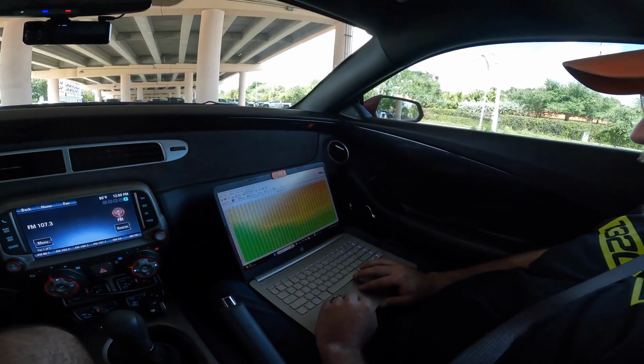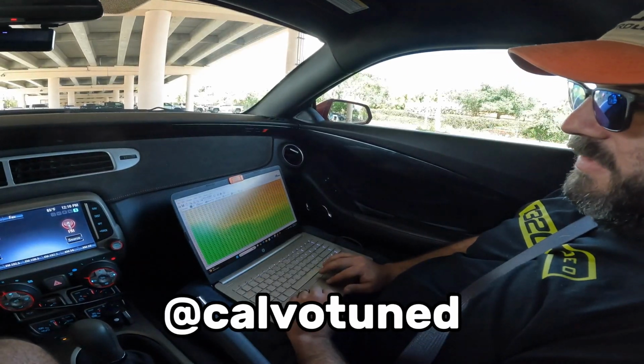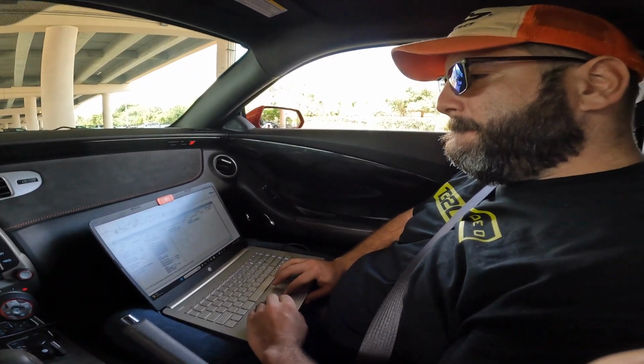It was like, damn, I gotta shift really quick. Timing wise, it's pretty conservative, which is good. I'm going to leave it there until we get the fueling ready, and then maybe we can add a little more. The tune that I have now, on all the components of what makes a tune,